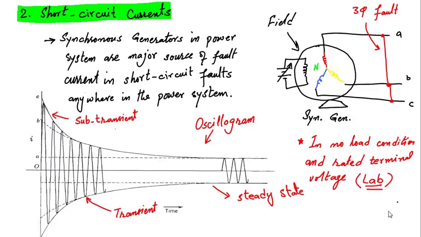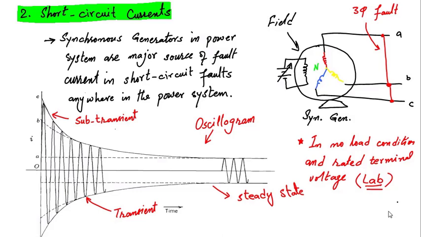So if field current is fixed, induced voltage is fixed, and current is taking three different values, that will be due to three different reactances in the path of induced EMF and the fault. These three reactances are known as sub-transient, transient and steady state reactance. We will see in later lectures what is the purpose of studying the sub-transient, transient and steady state current. Now let's see how to do that study.